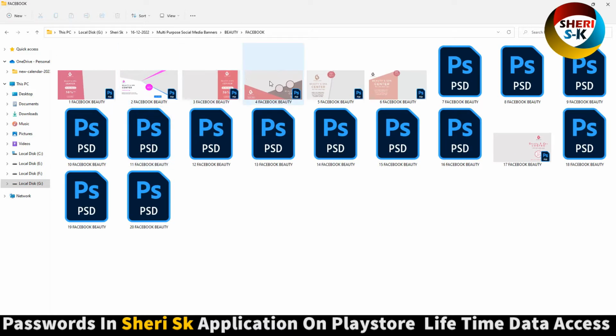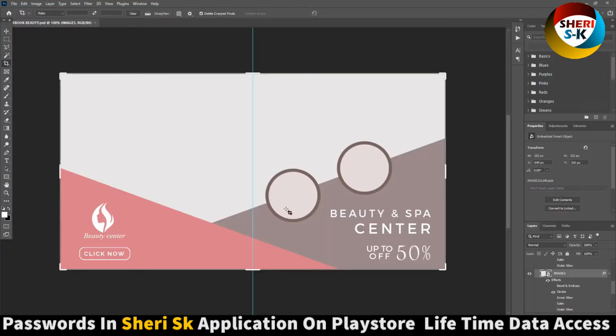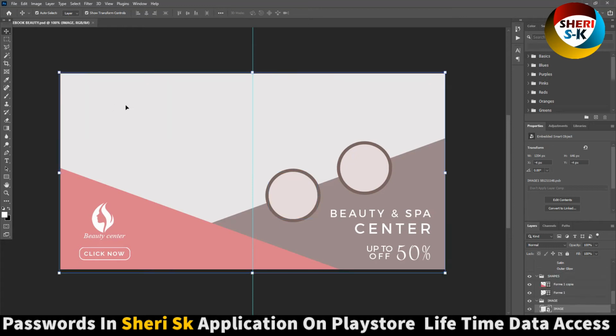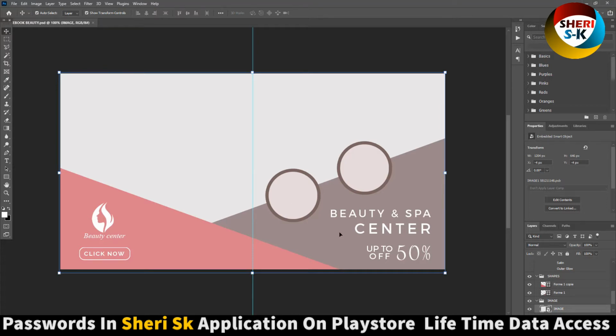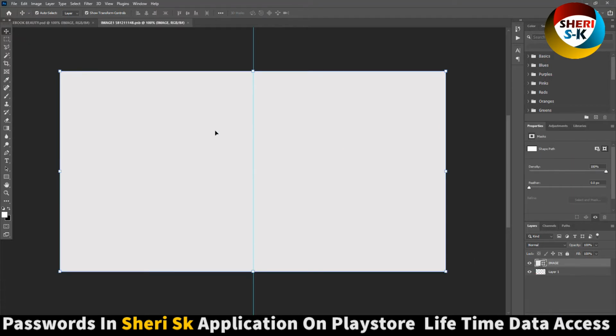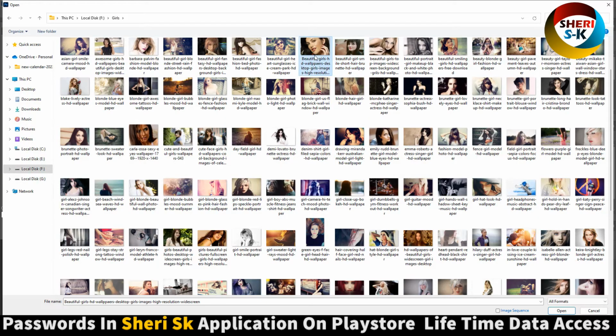you can add your beauty related photo. For example, open this one. Now you need 3 photos, one here, 1 2 3. Okay, you can change everything. I know you can do it easily. Just try an example. Double click it. Now need a beauty related photo. For example, this one. Okay,